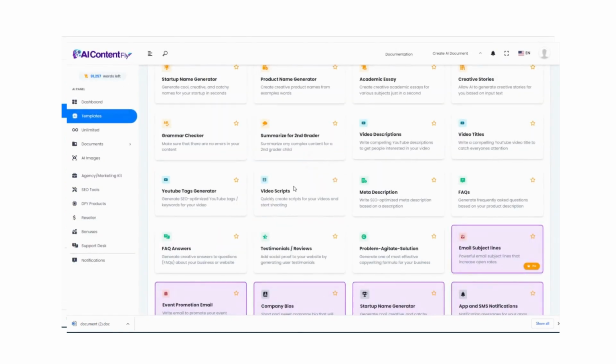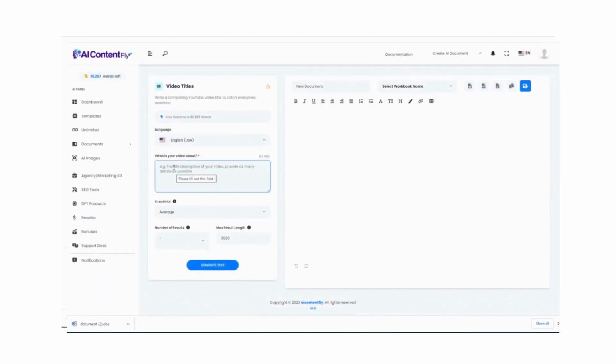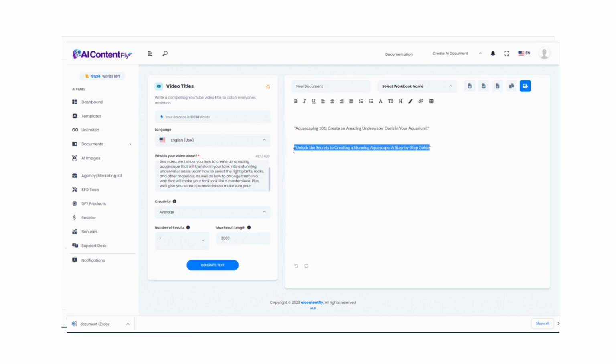I'm going to go back to the next tool, which is video titles. And to come up with some catchy titles, all I'm going to do is paste that description that AIContentFly just came up with. So I'm not even writing anything here. I'm letting AIContentFly create everything. And here's my title. Aquascaping 101, create an amazing underwater oasis in your aquarium. Now, if you didn't like that one, you could go ahead and generate another one. Unlock the secrets to creating a stunning aquascape, a step-by-step guide. I think I like that title a little better, so I'm going to go ahead and copy that one to use in our next template,